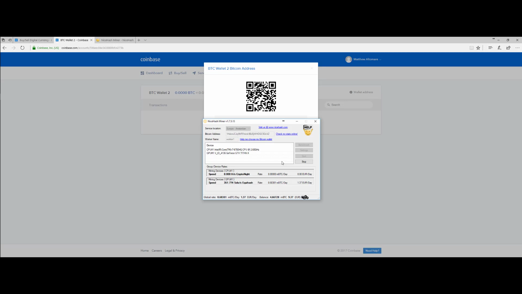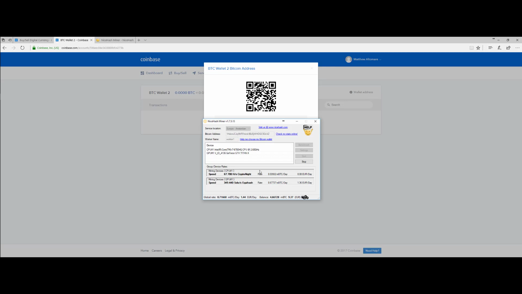Here I already have €9 on this wallet. I did change the wallet, but depending on your graphics card and your processor, I used to make like €6 a day on this, just on the computer, but with difficulties and rates and so forth, things change. But if you just leave this on auto set,